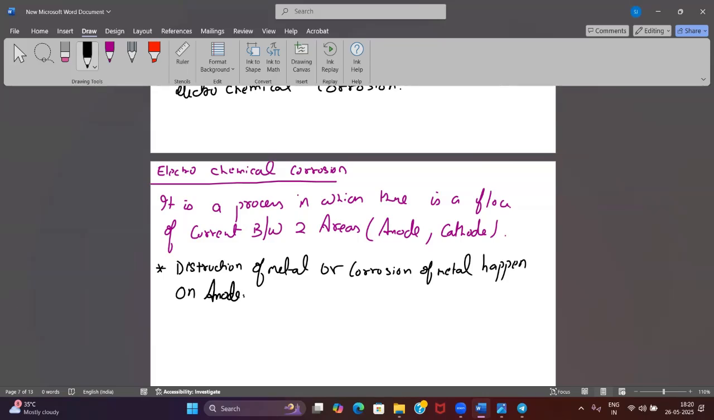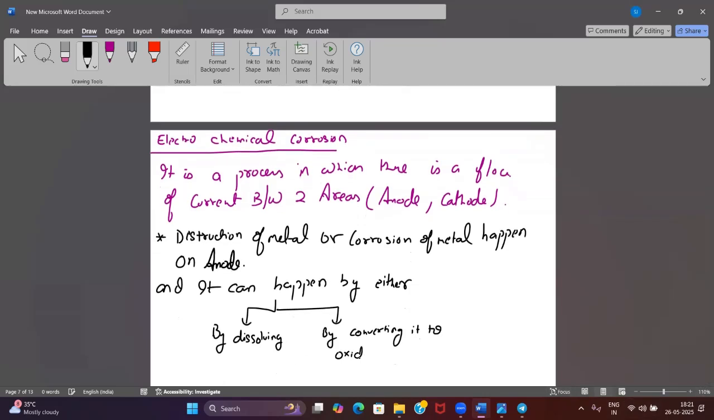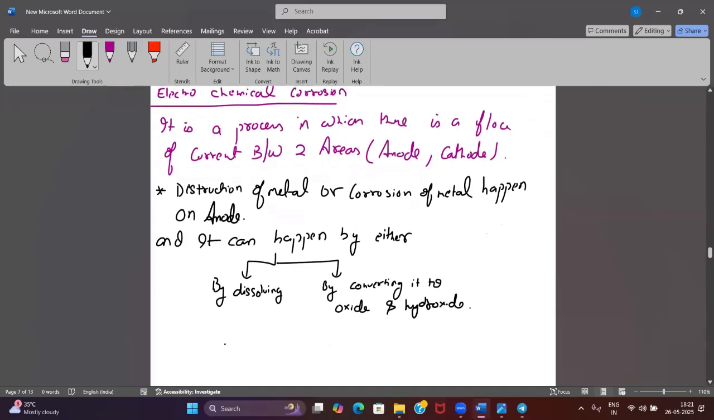It will not happen at the cathode, because there is a protective layer there, right? And it can happen in either of two forms, okay. One is by dissolving it, it will dissolve the metal, okay. Second is by converting it to oxides and hydroxide. Okay, there are chances of it happening in two forms. That means my iron